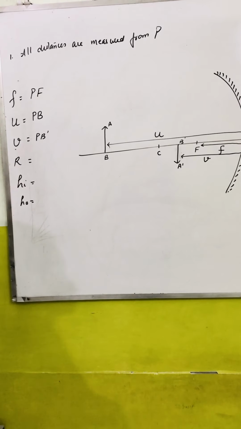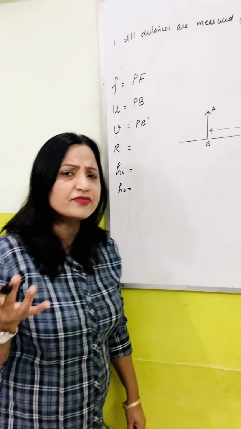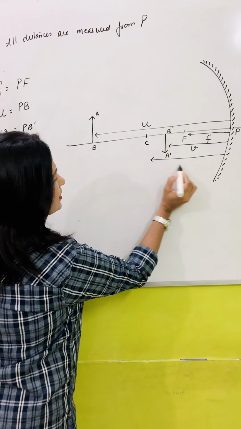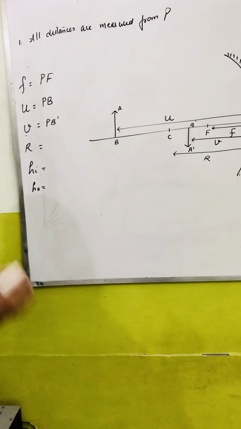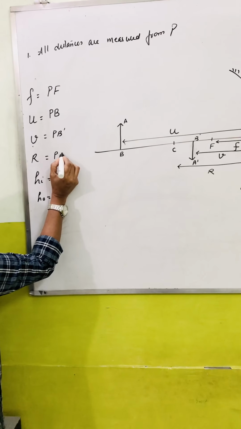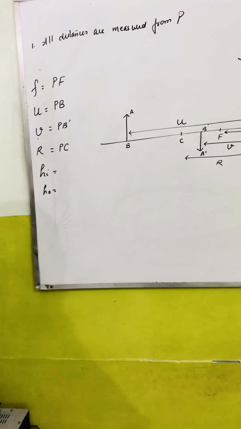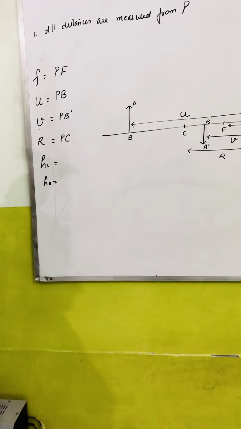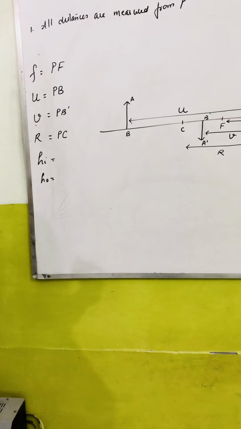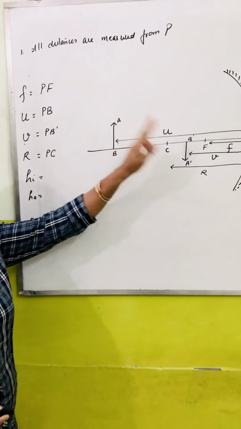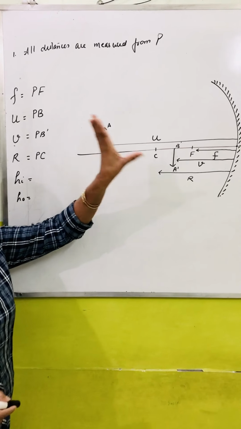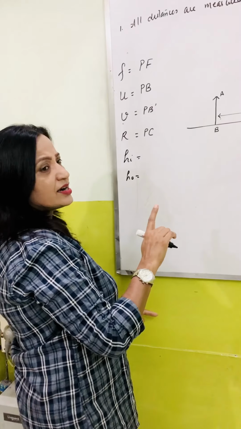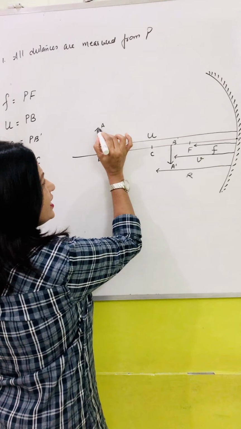Finally, coming to the radius of curvature. Radius is a very common term, all of you know already. It will be the distance between the pole and the center of curvature. This is radius of curvature. So radius of curvature will be denoted as PC. This is the first rule of Cartesian sign conventions. And you have to always remember one more point, that the object has to be placed in front of the mirror. So we have to always draw the ray diagrams in such a way that the incident rays should always move from left to right.